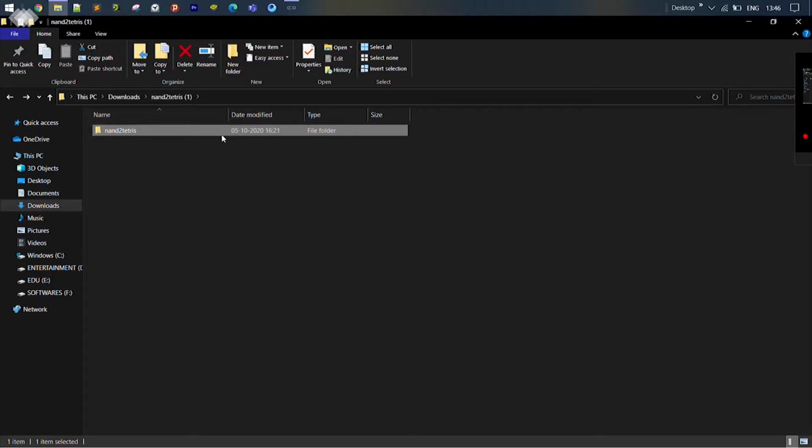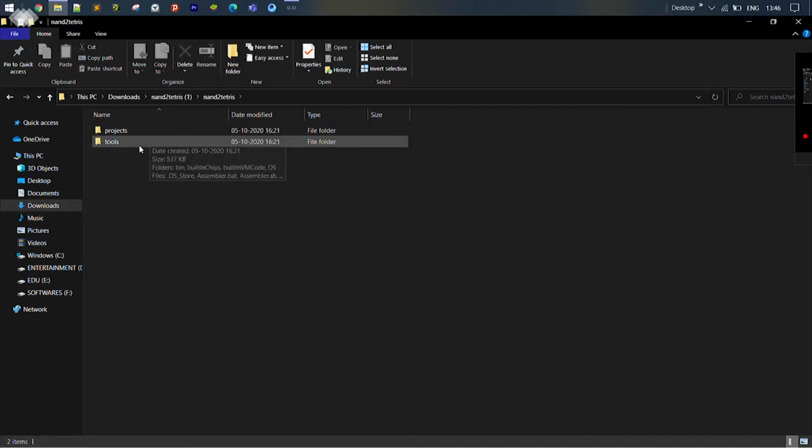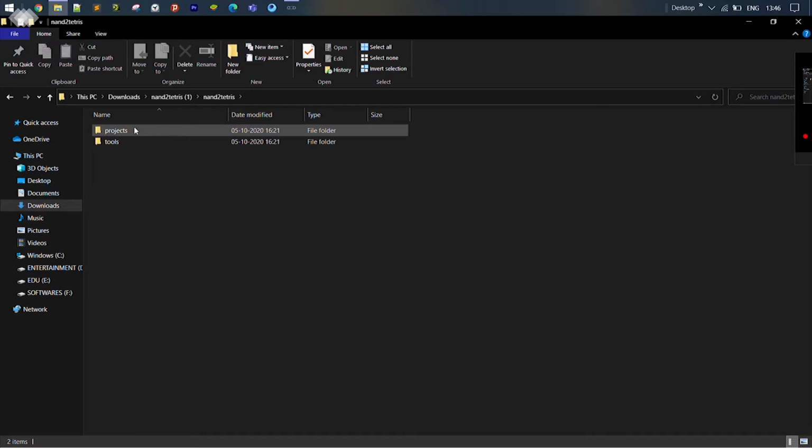See, this is Nand to Tetris. In Nand to Tetris, we have two files. After we download, we'll get two files. Before running, I wanna show you something.